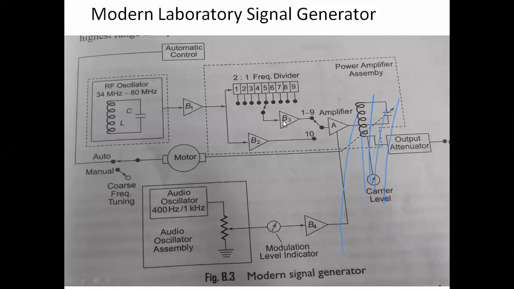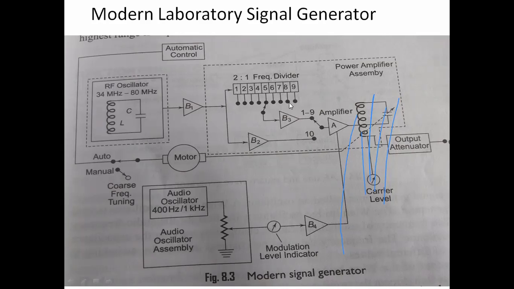a buffer amplifier B3, and that is connected to an amplifier. So this entire section is the power amplifier assembly. In the previous case we have seen a wideband amplifier. This is the amplifier, and here we have the modulation of the signal. And if we are not required to divide the frequency,